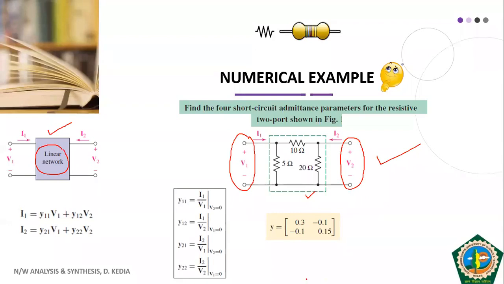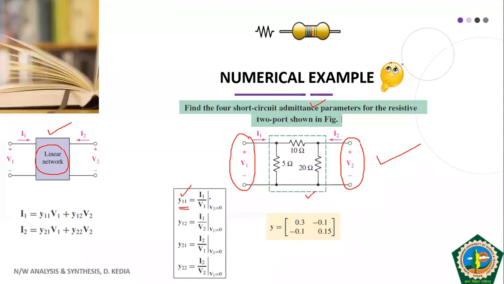Now we are simply assuming that V1 and V2 are the two voltages at these two points, and we need to calculate the Y parameters, or admittance parameters, for this circuit. So let us first start with Y11. How do we calculate Y11? Students, as I told you, your circuit solving skills will come into the picture. You just see how we calculate each of the parameters. First let us see Y11.